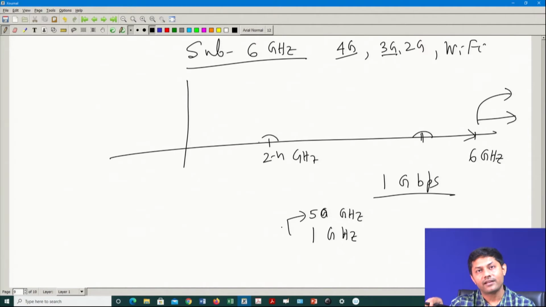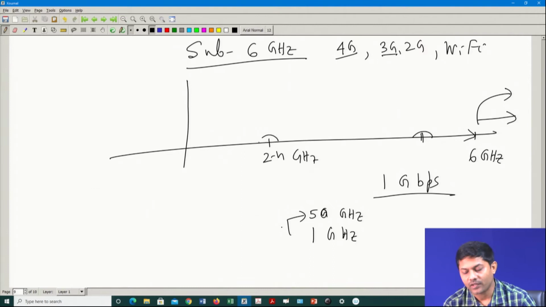So, if you understand the 6 gigahertz channel model very well, understanding a higher RF channel is probably an addition to it, because if you increase the RF, it comes with some other extra problems. But if you understand the lower RF channel model, then it is simpler to understand the rest of the things. So, that is the reason I would like to start the channel model at a lower RF.